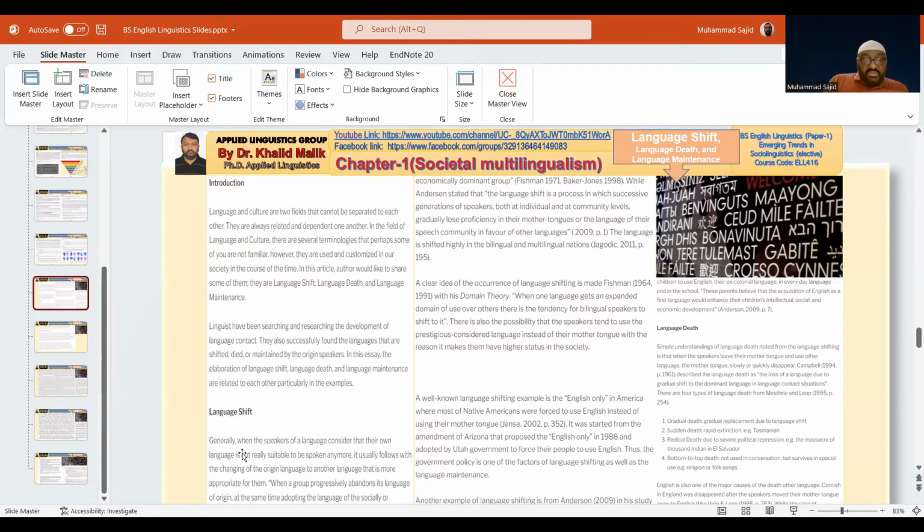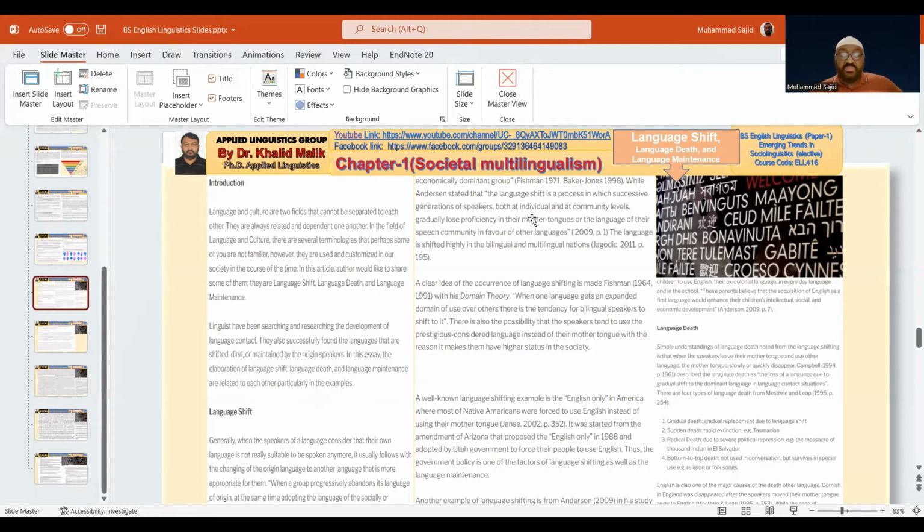First question. Generally, when the speakers of a language consider that their own language is not really suitable to be spoken anymore, it usually follows with the changing of the origin language to another language that is more appropriate for them. When a group progressively abandons its language of origin, at the same time adopting the language of the socially or economically dominant group. It is said by Fishman in 1971, and Baker already mentioned it in 1998, while Anderson stated